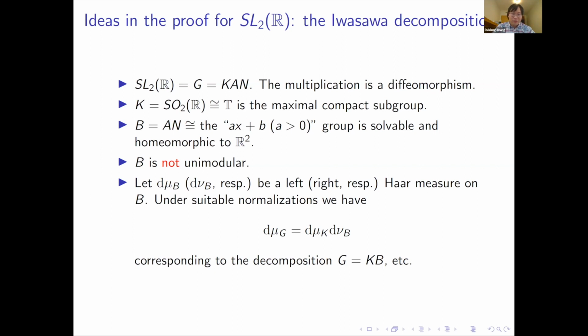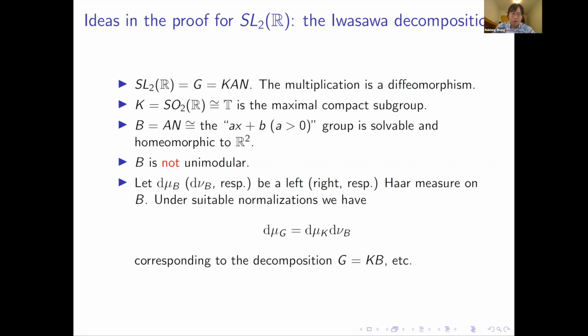So you know that B is homeomorphic to R2. So probably we want to use some good properties of B to establish this Brunn-Minkowski in SL2 of R. After all, the bad example comes from K, and B is homeomorphic to R2, and 1/2 is the magical exponent we're after. So we're going to analyze B in a minute. But